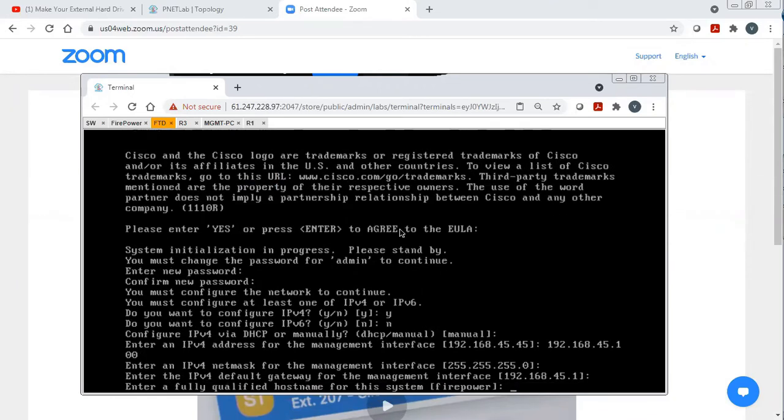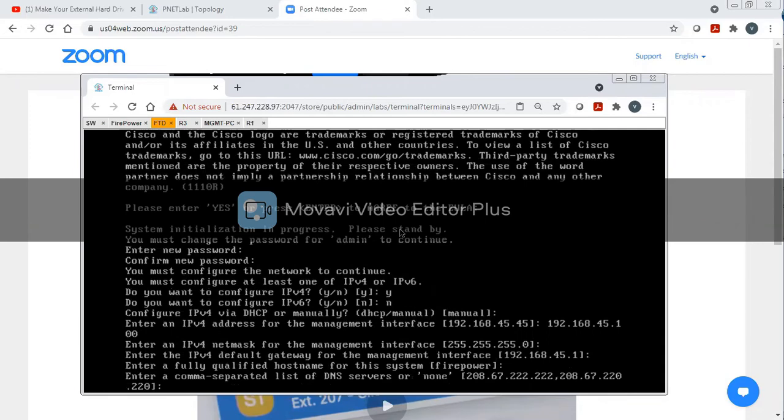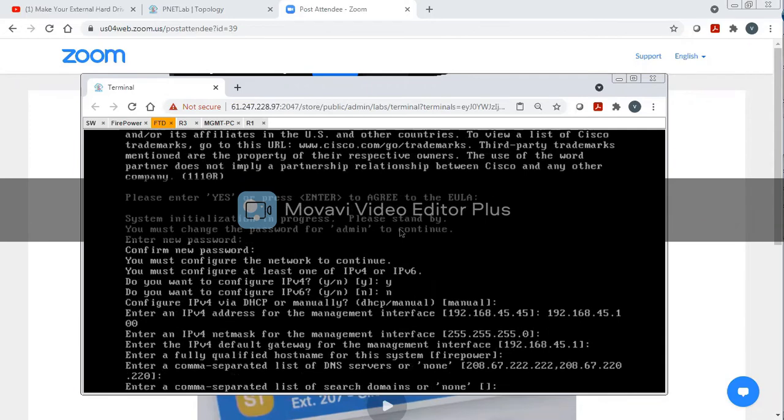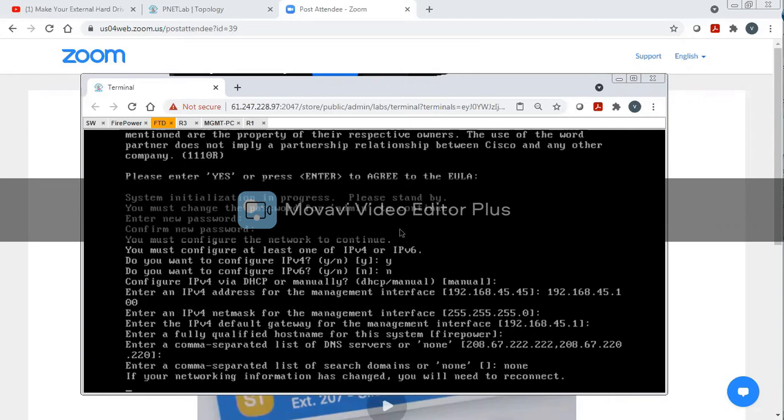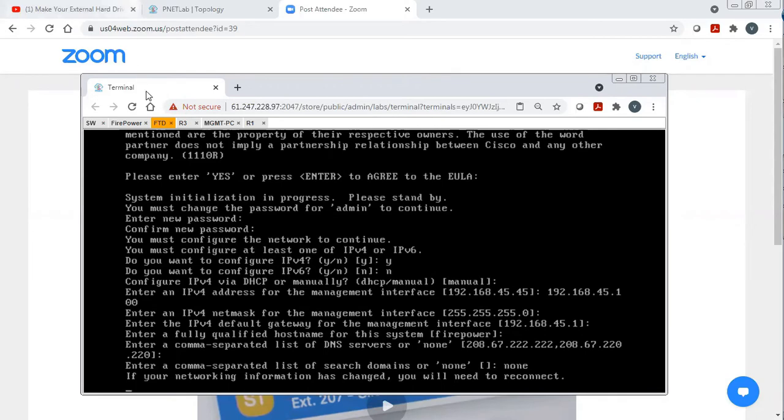I'll be keeping most of the settings at default for now. I will say none for DNS because I do not have a DNS server in our virtualized environment for now. This is all about the FTD initial configuration on the CLI.